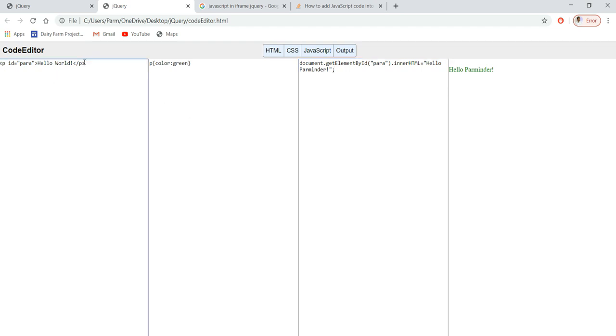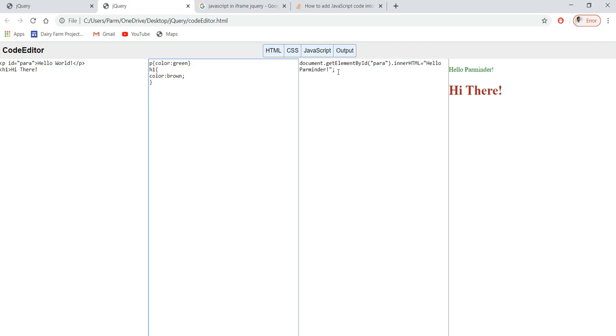If we use some header element here, say h1, and here I write hi there, and to this I set its CSS, say h1 color, whatever color you want, I'm putting brown. Yeah, it's working.